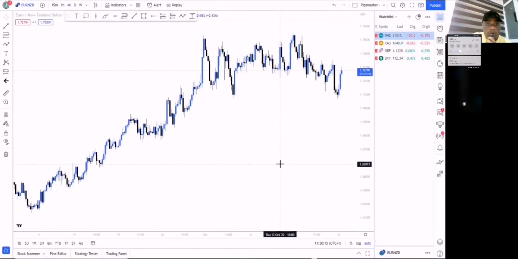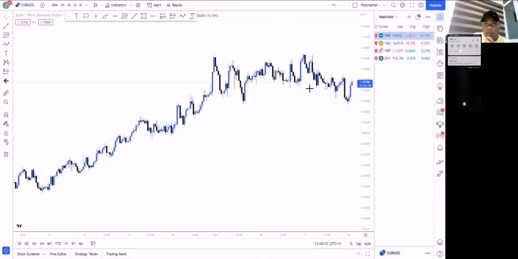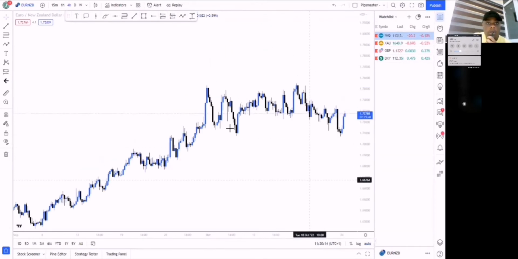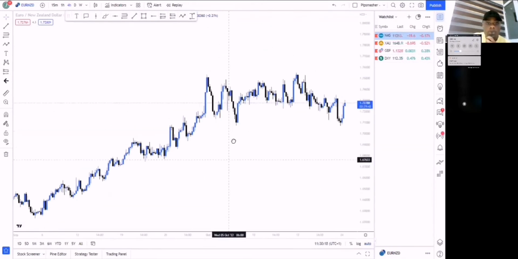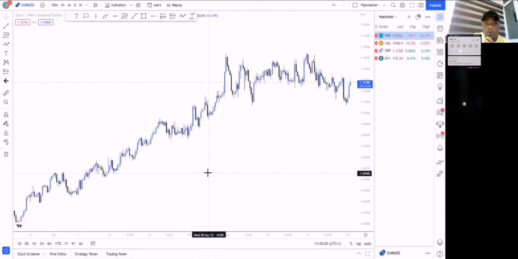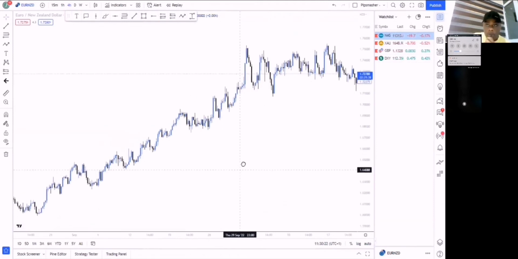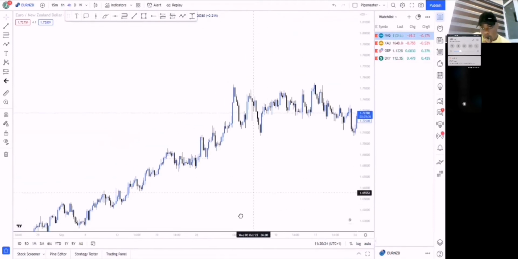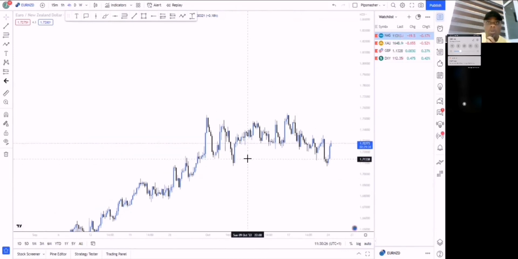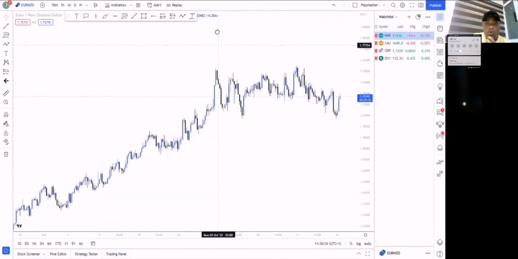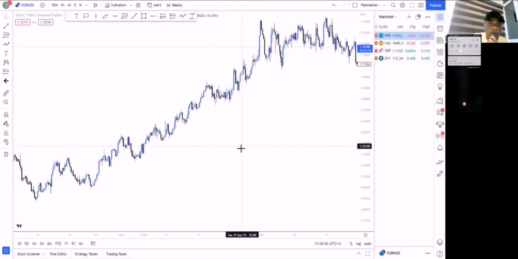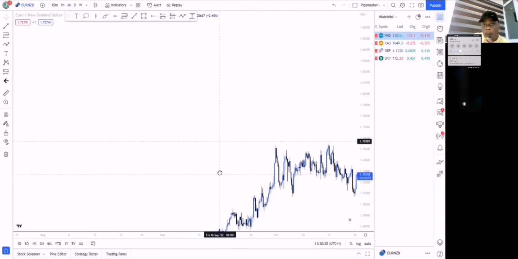Okay, welcome to my screen. So, like I said, we'll be talking about market trend. I'm going to do a quick video on how you can identify the trend of the market to actually know when the market is about to change from an uptrend into a downtrend, and then from a downtrend into an uptrend. So, before I go to the chart to show you how this thing works, we are going to take